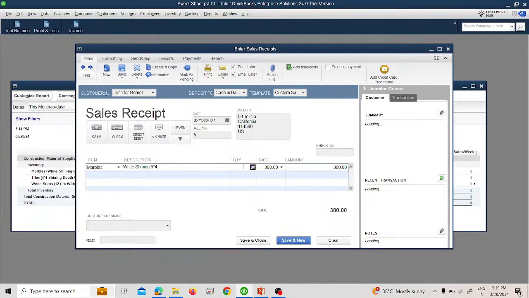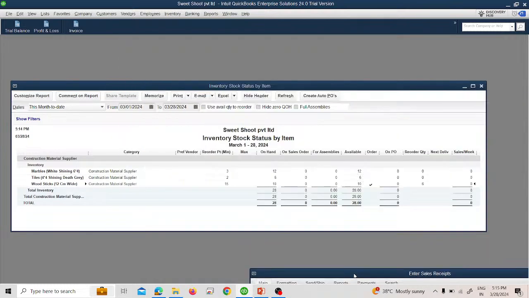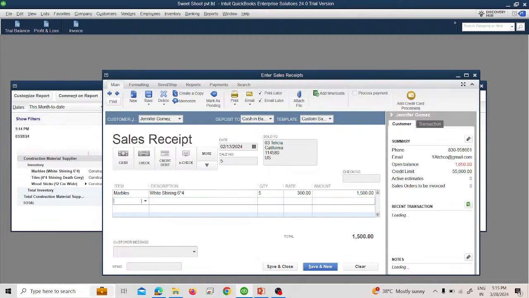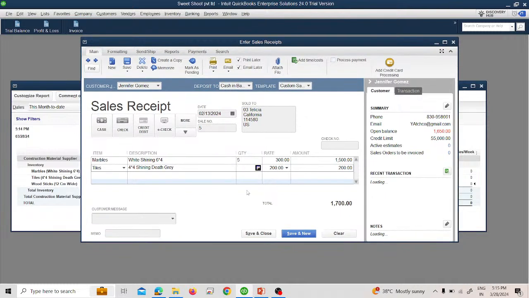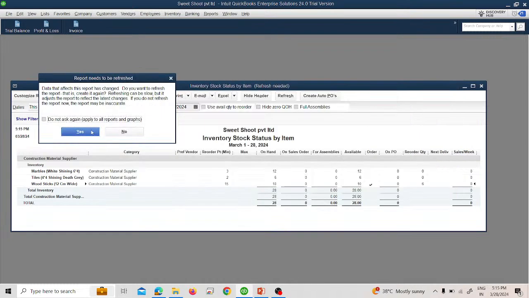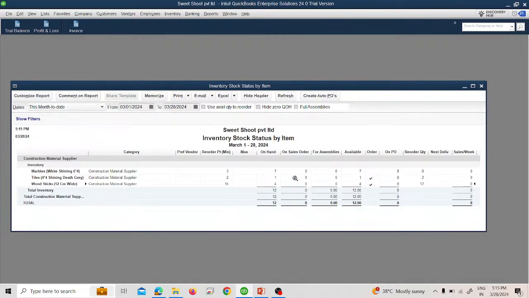I'm giving him marbles of 5, the tiles 5, and the wood stick is of 6. So when you click save and close, you will see the inventory on hand